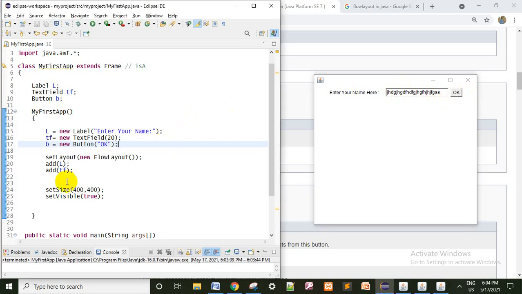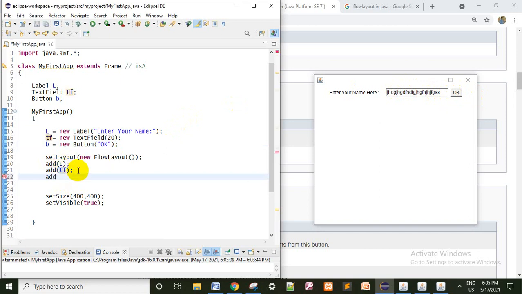So when you add the components into the frame, that is very important. First the label, then the text field, and after the text field I am adding the button. Save.